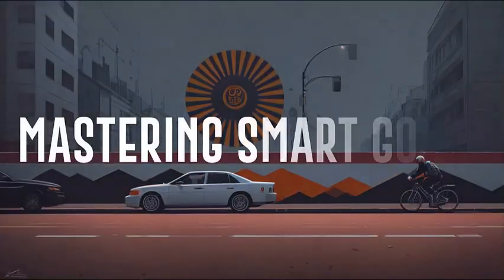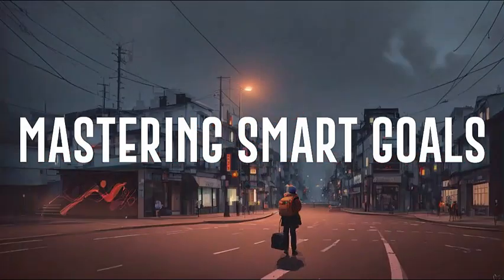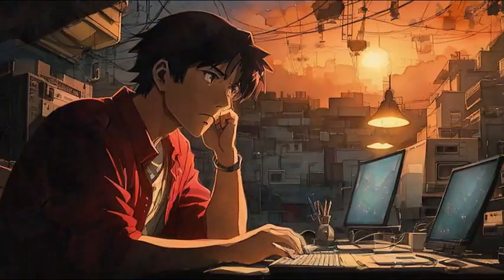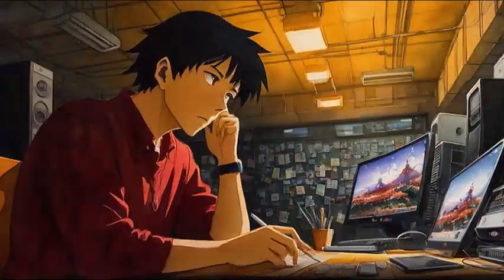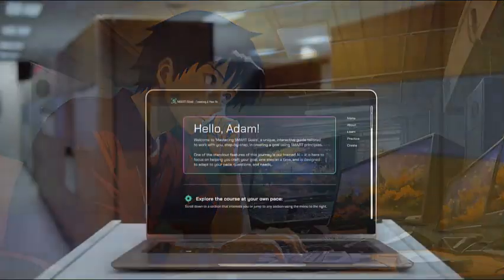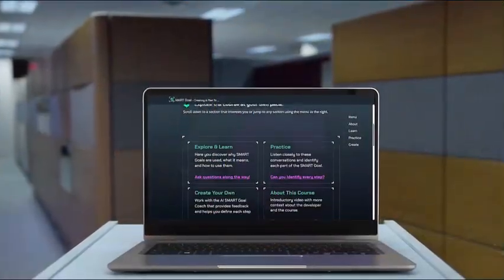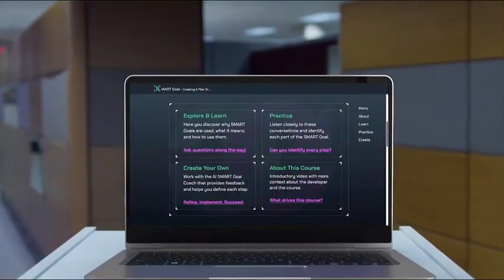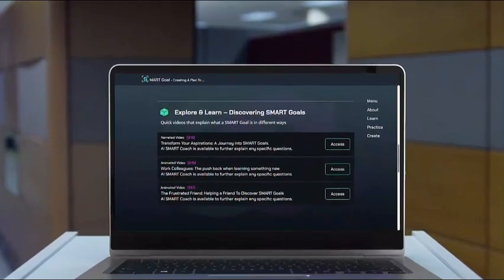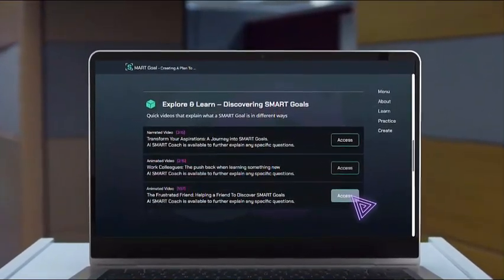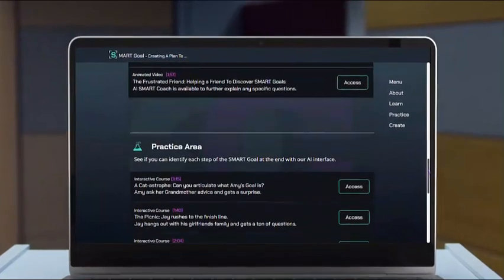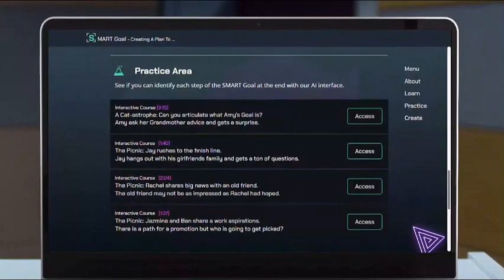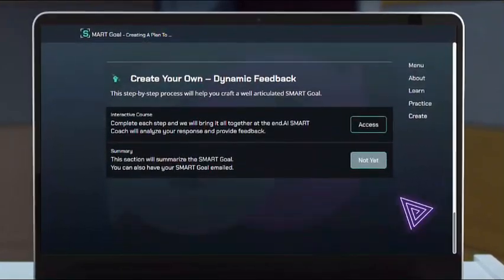Welcome to Mastering SMART Goals. In this course, you'll be guided towards a profound understanding of SMART goals. Unlike traditional lecture-based e-learning courses where your questions may go unanswered, we have designed this to be a dynamic, interactive experience. Each section of this course, packed with a rich selection of relevant topics, features an interactive interface powered by a highly trained AI system, your personal SMART Goals coach. This approach ensures that your learning is active, relevant, and thoroughly supported, making the exploration of SMART goals an enlightening